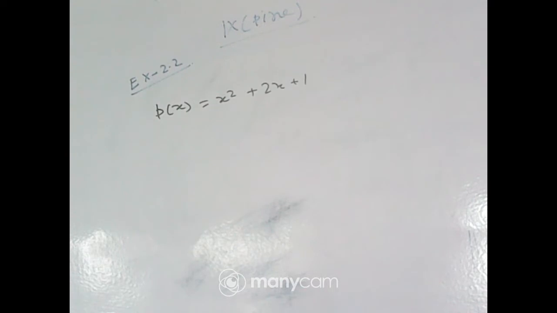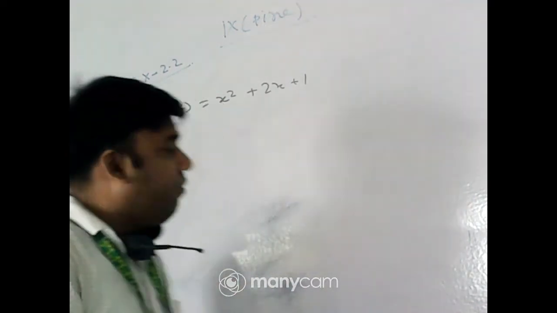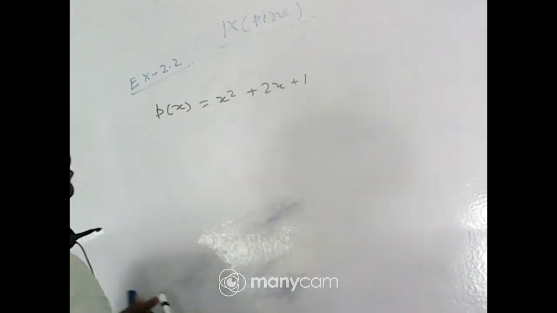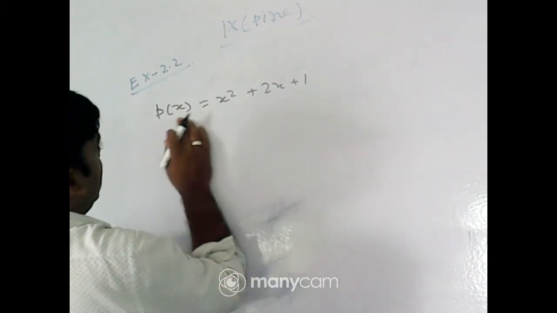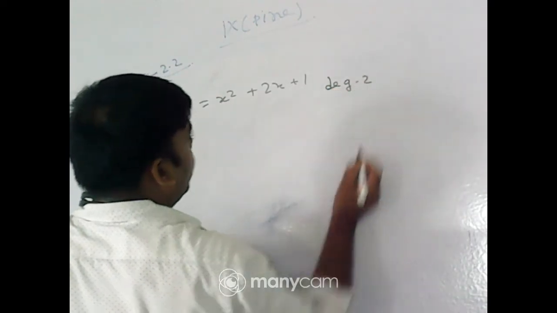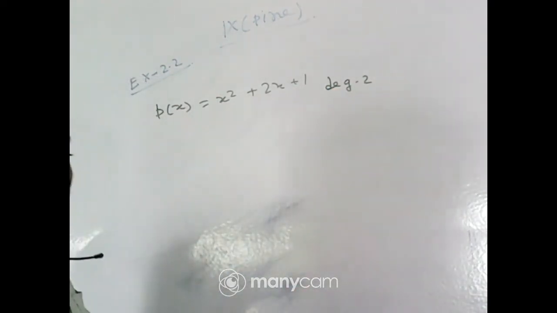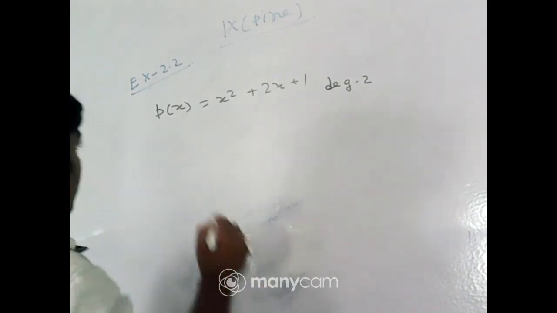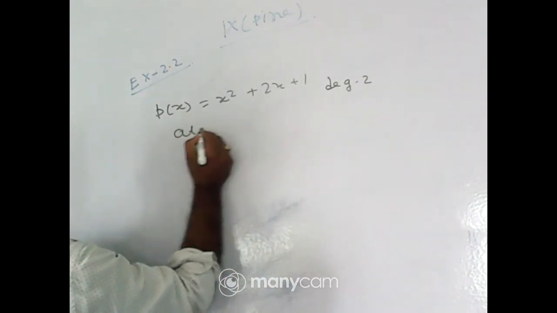Okay, now concentrate on the class. First of all, how can we find the value of x? P(x) equals x squared plus 2x plus 1. First of all, it's a polynomial of degree 2. So, if you are asked to find the value of P(x) at x equal to 2,